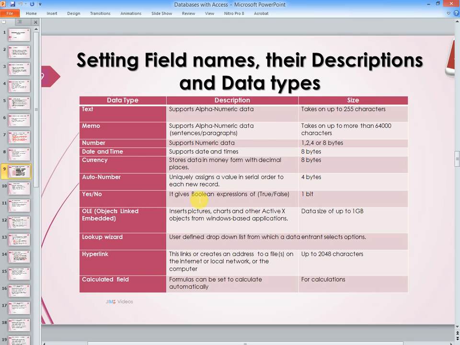Yes or no gives a Boolean expression of true or false, which you shall see, to prompt you to either pick yes or no by putting a checkbox. By clicking in the checkbox, you will mean yes, and the box will be given a tick. And if you choose to say no, you leave the box unchecked. OLE object, standing for objects linked and embedded, inserts pictures, charts, and other ActiveX objects from Windows-based applications. The Lookup Wizard,